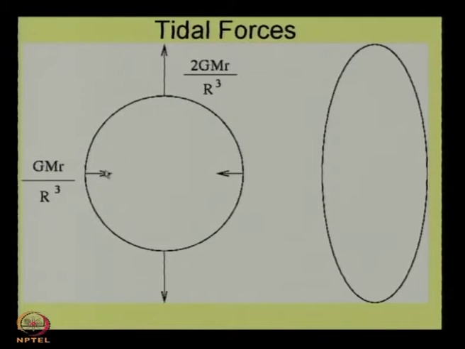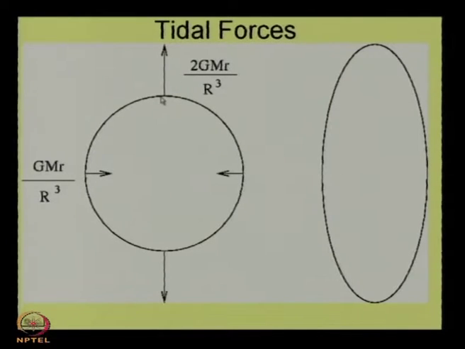There is a sphere like this, or you can think of particles in a circle or a sphere like this, and they are falling freely in the gravitational field of a massive object which is located somewhere straight down. Okay. So, the center of mass of this falls freely, and if I sit in the center of mass, I will see that the particle located over here is accelerating away from the center of mass with an acceleration 2GMr by R cubed, where r is the distance from the center of mass to here,